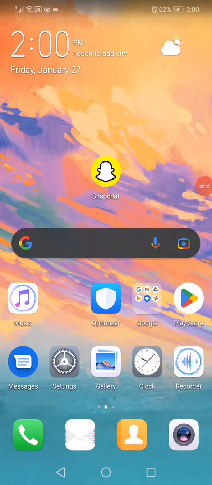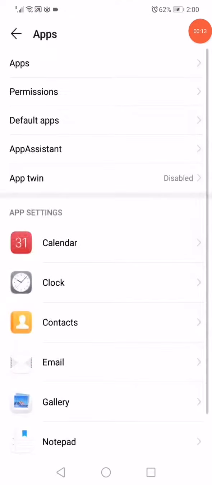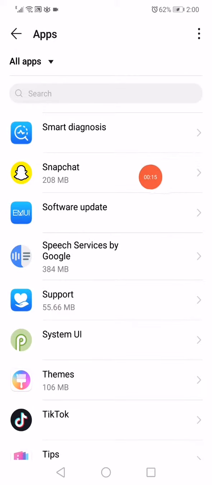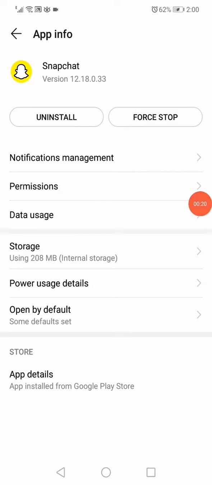On this new short tutorial, I'm gonna show you how to fix Snapchat login problem in less than 50 seconds. First thing, guys, what you wanna do is open the settings, go to the apps manager. When you open the apps manager, on this page you will find all the apps. Search for Snapchat, click on it. Now all what you wanna do here is click on this option to stop the app, click on stop here,